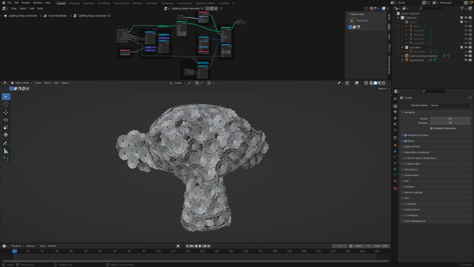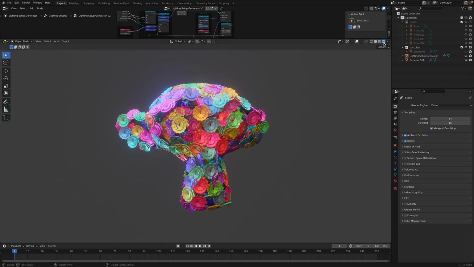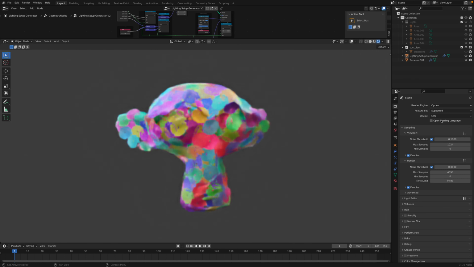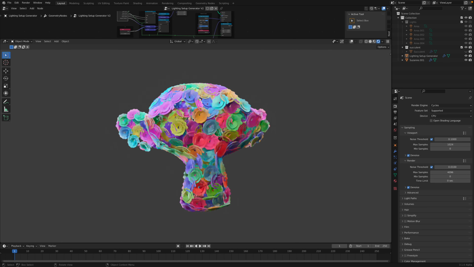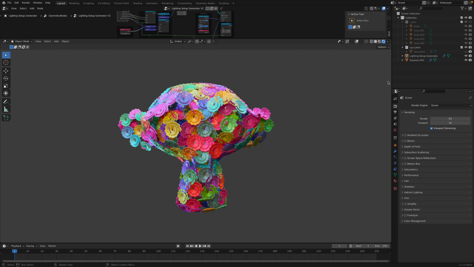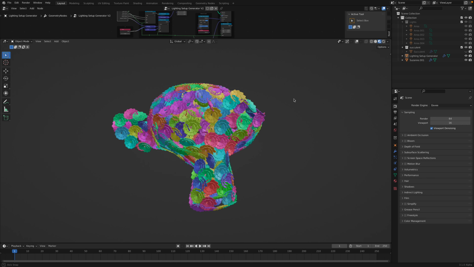Let's start with the lighting. Currently I'm using Eevee. This thing will actually render with Cycles as well. With this is probably more correct subsurface scattering. However, it works with Eevee, and it doesn't look too bad actually with ambient occlusion and bloom turned on. For now, I'm just gonna turn it off, and I will show you the